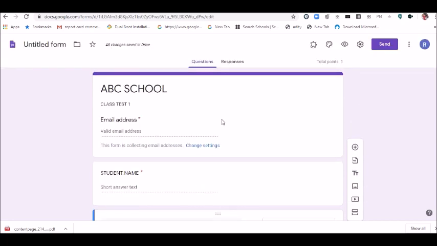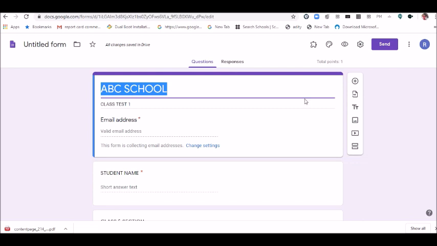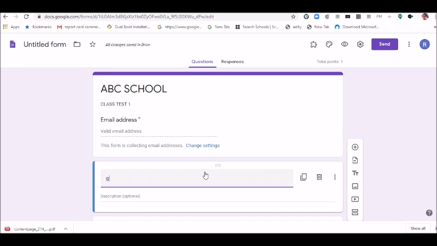Now there was a question about how to add some title or how to add general instructions. So for example, I want to add general instructions before taking the student name. So here if you can see, you click here and then you have to add instructions, so you will click on the add title and description button, because this does not take any entry from the user, but it is used only to write the title and the description. So you can write the title here, and here you can write general instructions.